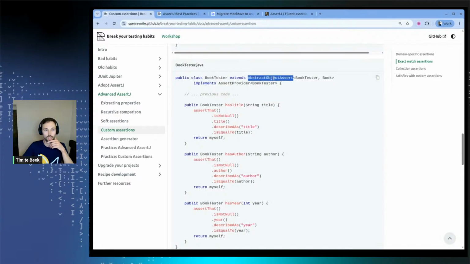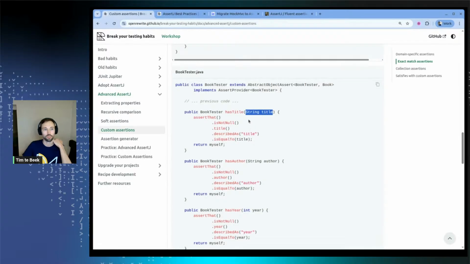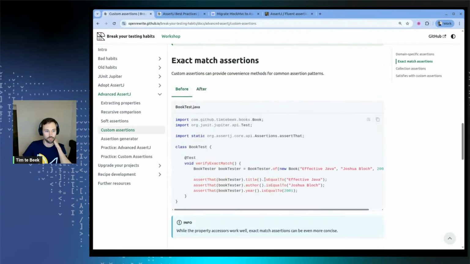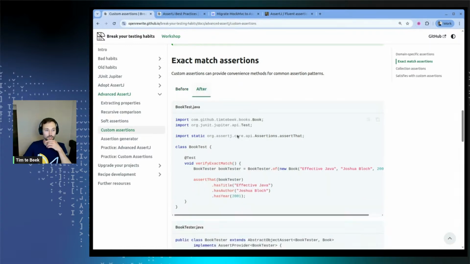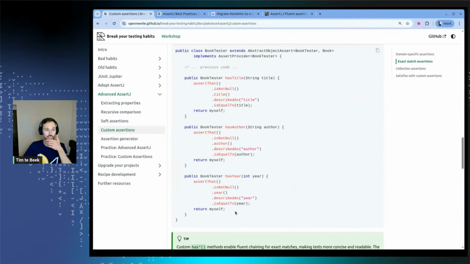It still extends AbstractObjectAssert, still implements the AssertProvider. But we've added three different methods to it, such that you can now say that it should have exactly this title, as opposed to previously calling different assertion methods on the title that we got back, or the AbstractStringAssert object that we got back. So, again, a different way of achieving pretty much the same,